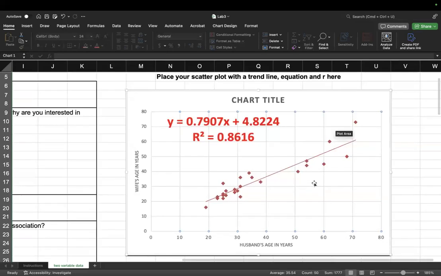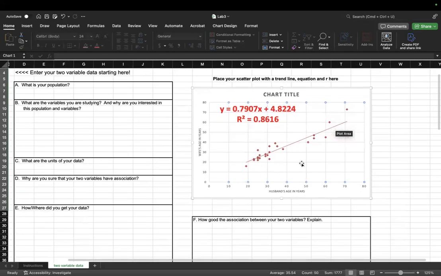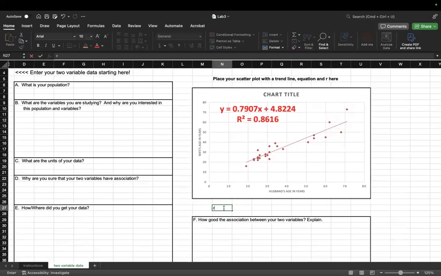Okay. This is the equation that I would use for predictions. This is the R squared value. We talked about what the R squared value is, but we need an R value because we need that for here. I want to see your R value. So I'm going to put R equals right here. Then, because this is R squared, I need to take the square root of this. So I'm going to put equals